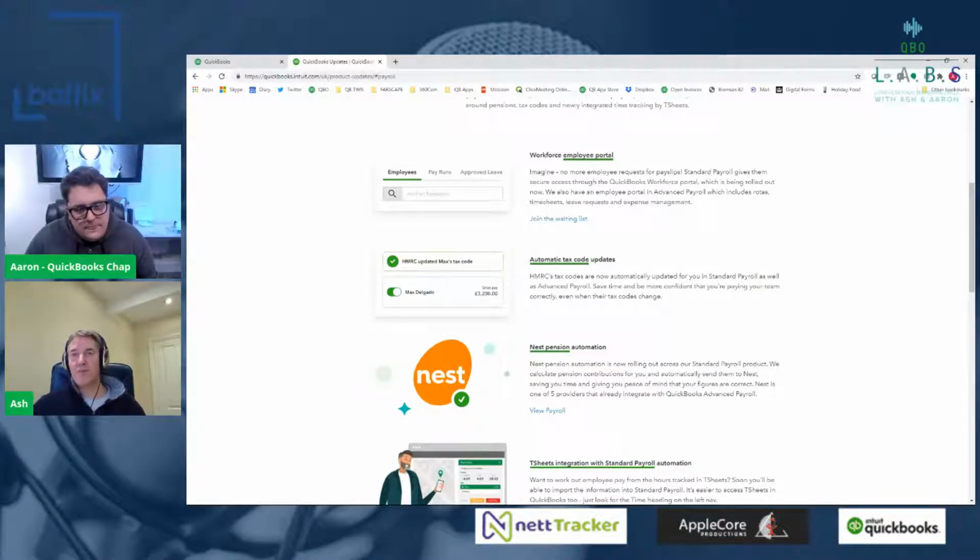Yeah, that's a very good point. So that saves the payroll admin person having to type in the name and address, the next of kin and all that sort of thing. I think the only thing that you can't do is put in the prior year pay information. I think that's the only thing that's withheld at the minute. But if they've got the automatic tax code updates now, potentially in the future they can start bringing P45 data in and stuff. I know some other software have started to play around with that, haven't they?